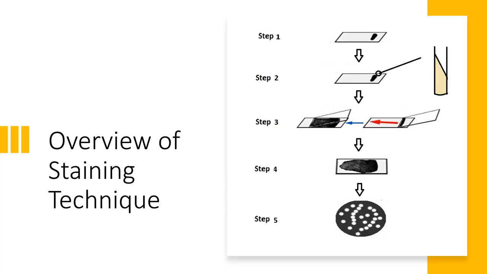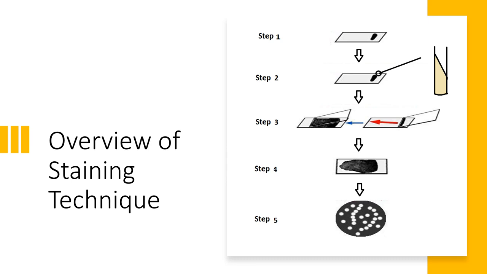Here we can see the overview of the negative staining technique. In step 1, we are taking the stain drop onto the clean slide. Then in step 2, we add the drop of culture with the help of a wire loop and mix it with the stain. In step 3, we take a spreader slide, put it in an inclined position onto the smear and spread it towards a clean slide